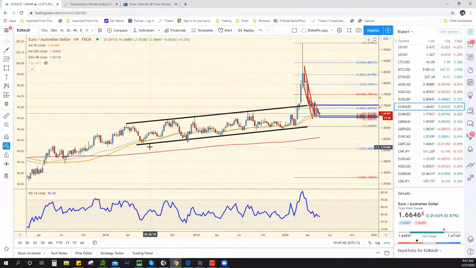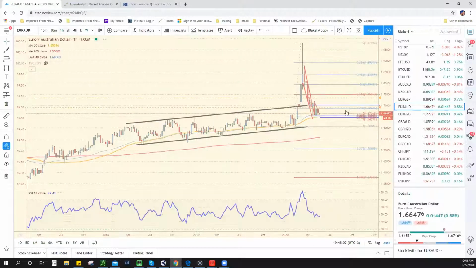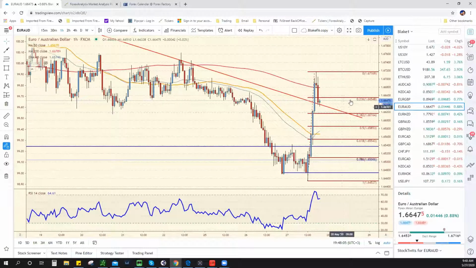Look, we've rallied sharply, came off. I think the Euro Aussie is set up to bounce soon, whether it's today or tomorrow or next week. I think it's set to bounce pretty good. All right. Anyway, guys,